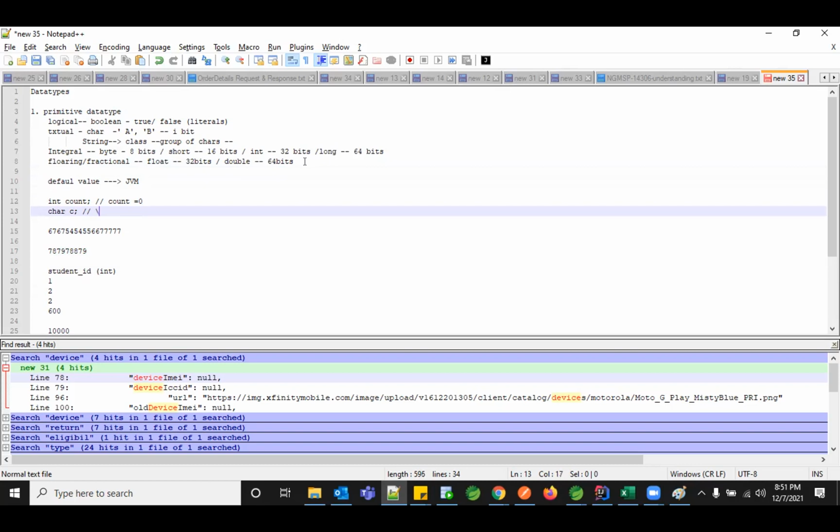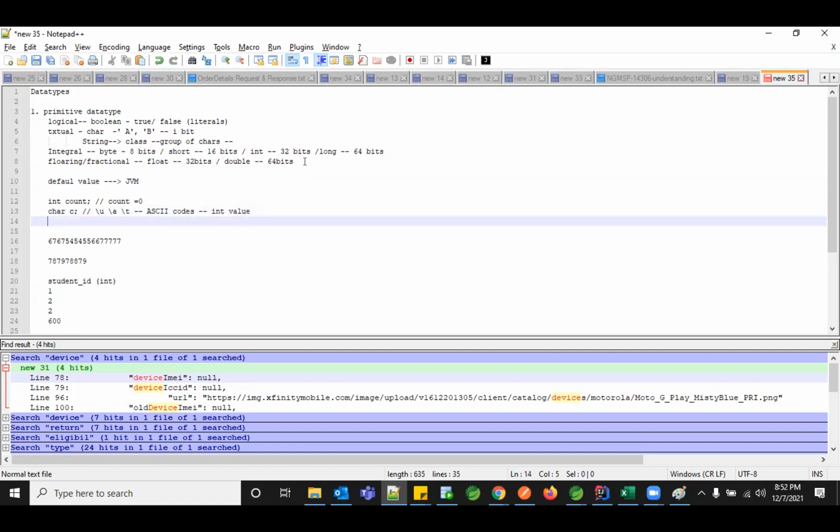Basically, it starts with \u or \a or \t, some specific character it gets defaulted with. All your characters are nothing but ASCII codes, which are internally represented with an int value to be understood in the backend system.